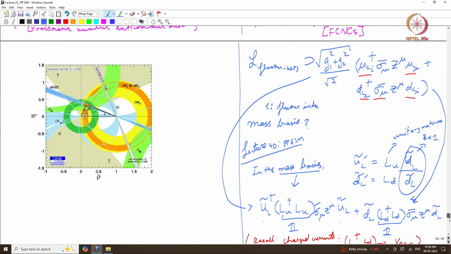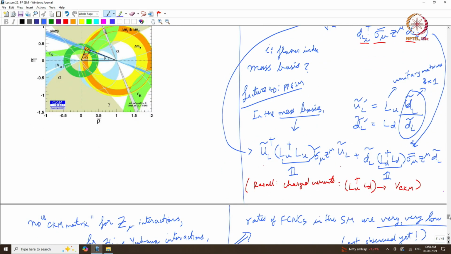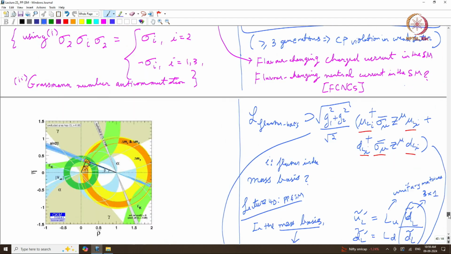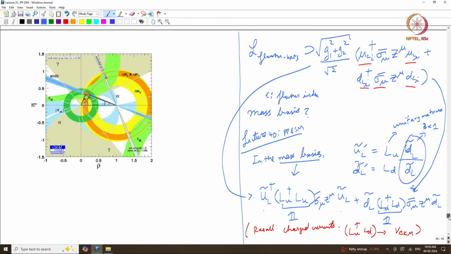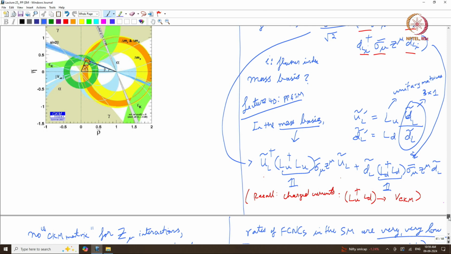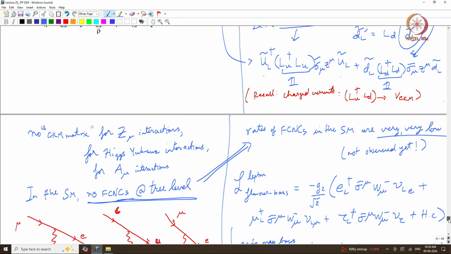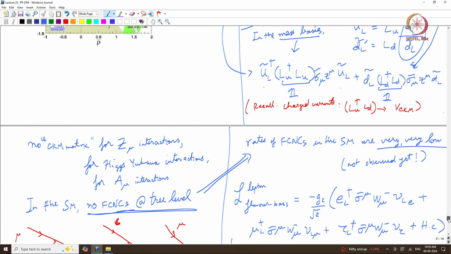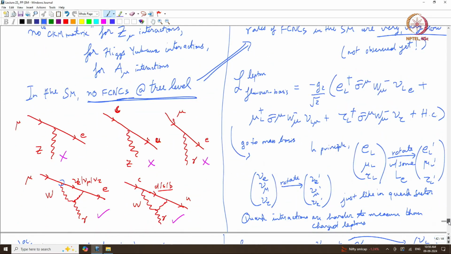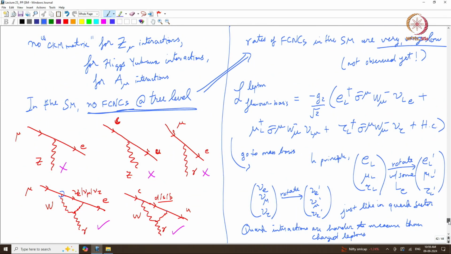at tree level, right. When we rotated from the flavor basis to the mass basis of the Z boson interactions, we saw that indeed the rotation matrices in flavor space ate each other and you got an identity matrix. So, there was no CK matrix to talk about. We had already seen this explicitly in the Higgs-Yukawa interactions and it should be trivial to see this in the photon interactions as well. The key here is tree level, okay,